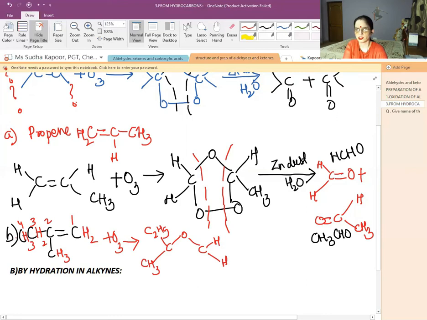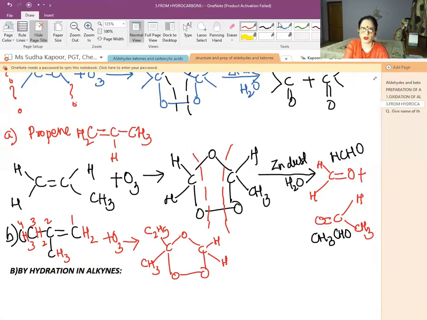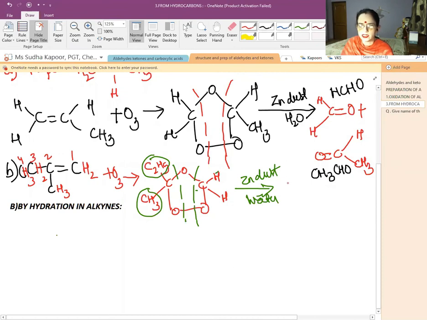Look here at the structures very carefully. Then the O3 which has been added will occupy the center position here, forming the ozonide. Now as soon as the ozonide is formed, we will be placing zinc dust and water. So now, in adding zinc dust and water to the above formed ozonide,